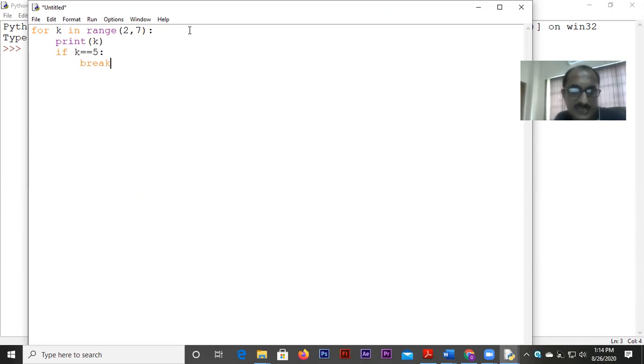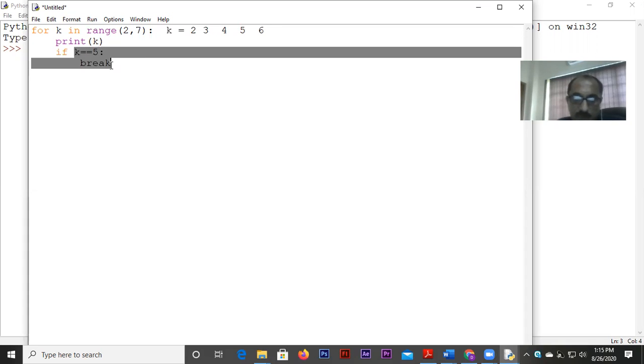Look at this once again here. I'm just writing the value of k for your convenience. The value of k should be 2, 3, okay? And then we can have 4, we will have 5, and we will have 6, because 7 is the last point, right? And I did not mention any step value. That means the value of k every time is supposed to increase by 1. So 2, 3, 4, 5, 6, these 5 values are possible. But I said when k is equal to 5, you break.